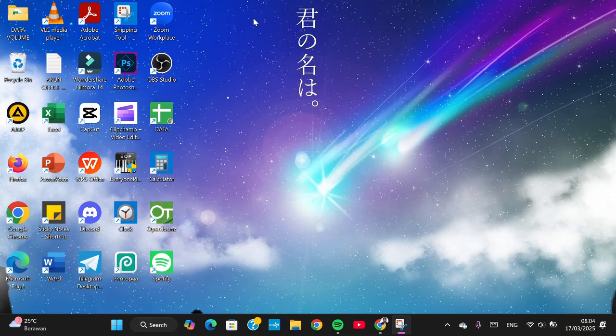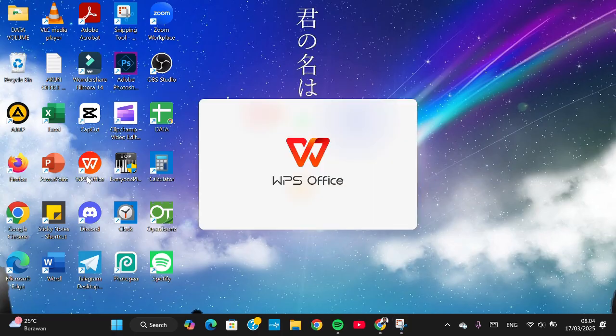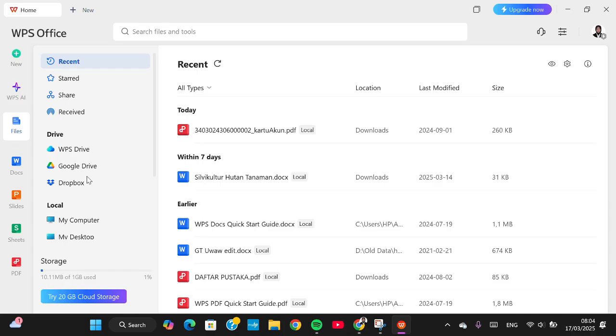In today's tutorial, I'm going to show you how you can combine PDF files with the WPS Office application. Okay, let's get started. First of all, we're going to open up our WPS Office application, and if we want